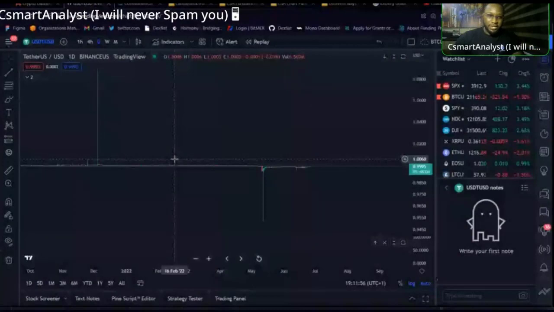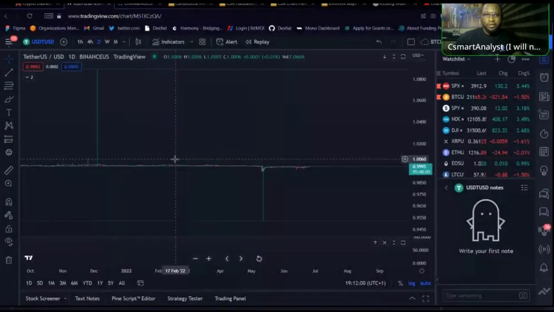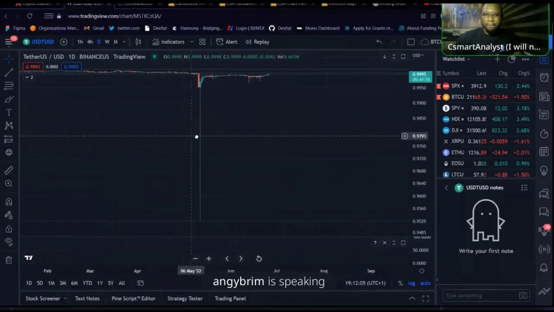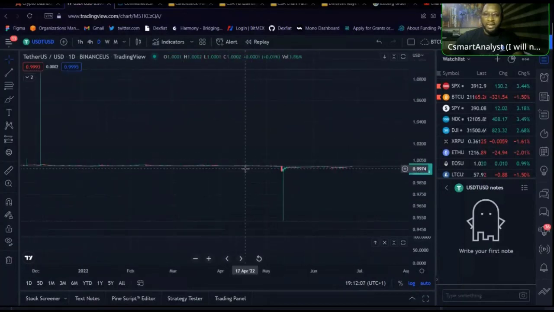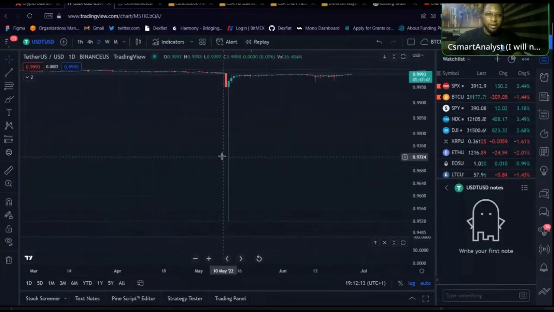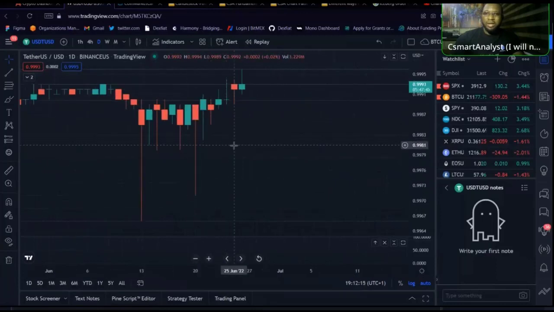USDT is a stable coin, so it is not really about trading a stable coin against a stable coin, right? The opportunity is here, but I would not really advise you to trade because the volatility will be very, very